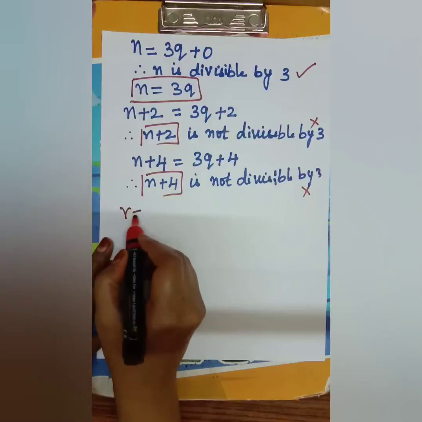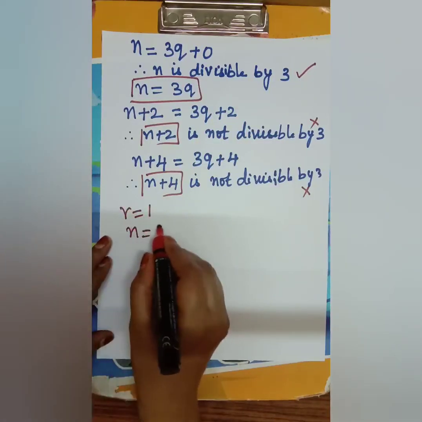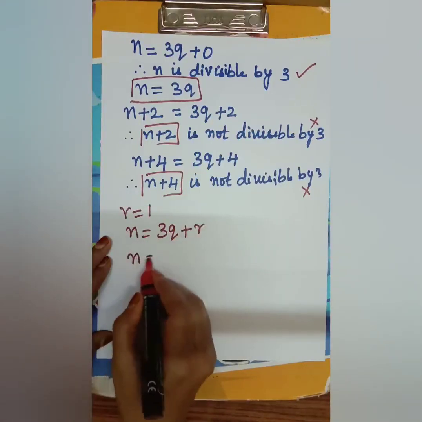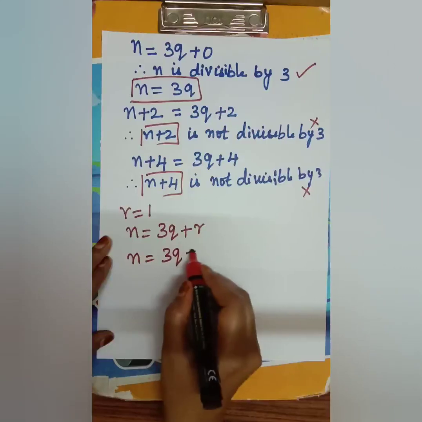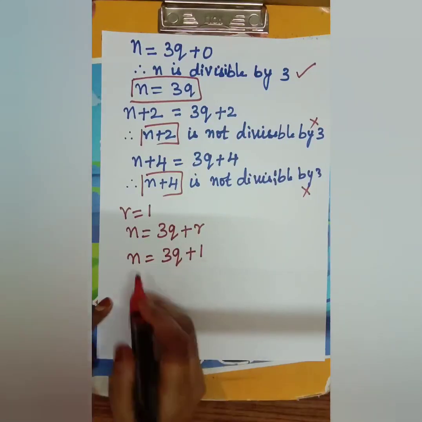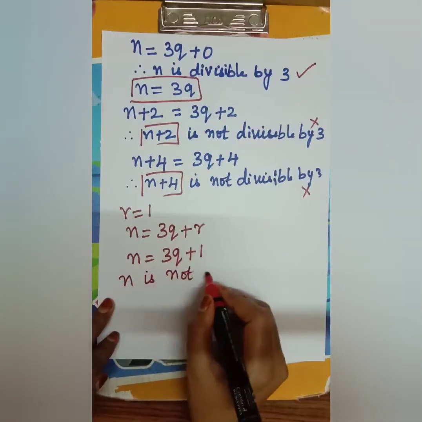Put r is equal to 1. That is n is equal to 3q plus r. This is given: n is equal to 3q plus 1. Now check: 3 ones are 3, 3 plus 1 is 4. That means n is not divisible